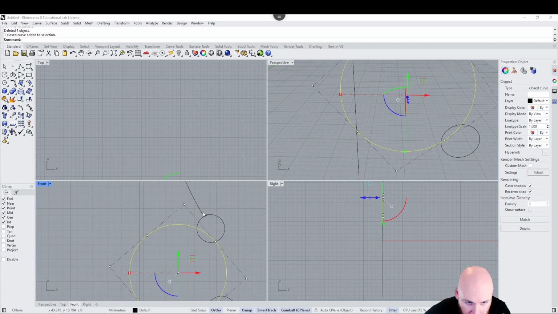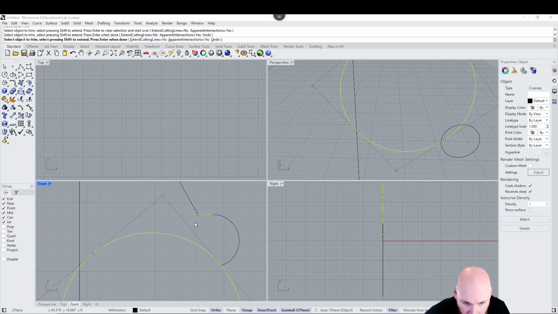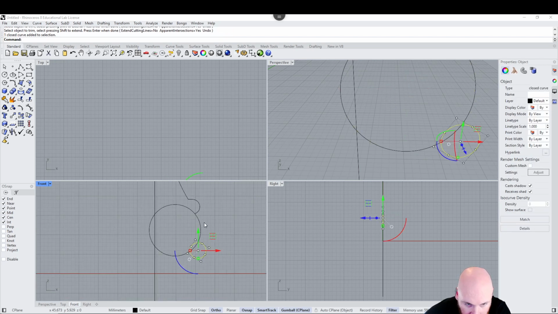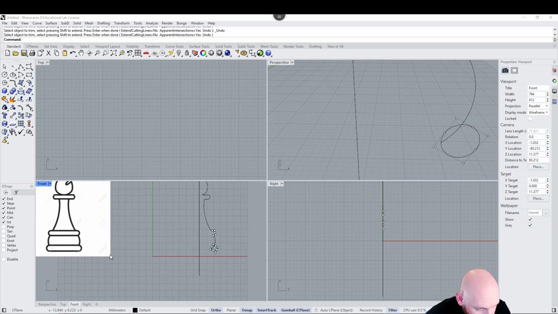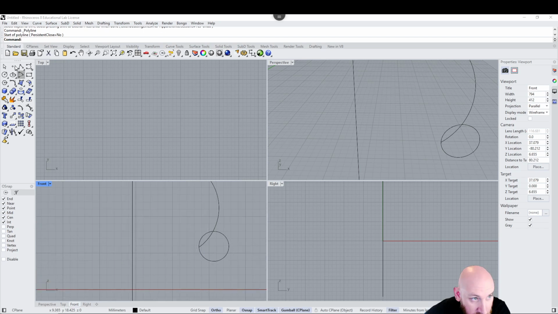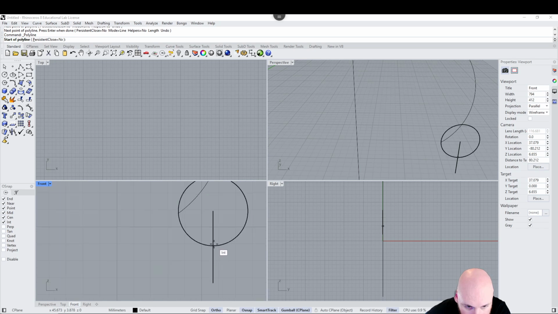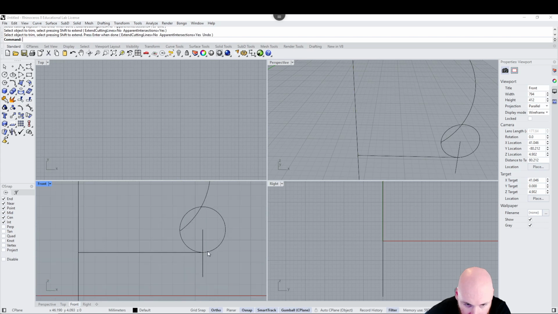Now I can use this curve and this curve to trim that curve and that curve. And then this curve, trim that curve, but I don't want that center either. Actually, maybe. So let's get the center of this last circle and go down to the bottom, and then get this intersection point. With this intersection point, come across, and then I'm going to activate trim that, and